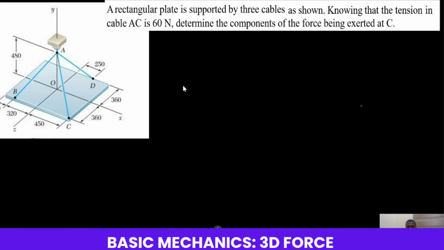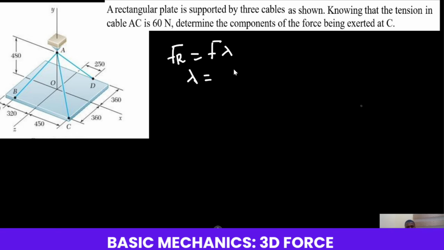Hello class, today we are going to start our basic mechanics class, specifically on 3D and on springs. Anytime we are analyzing forces in this form, it's mostly easier because all you need to know is that the resultant force is the force multiplied by the unit vector, which is lambda. The unit vector is always the vector